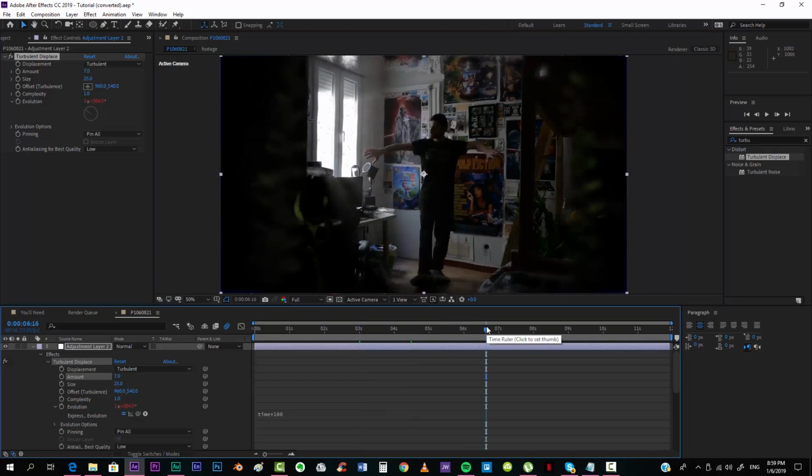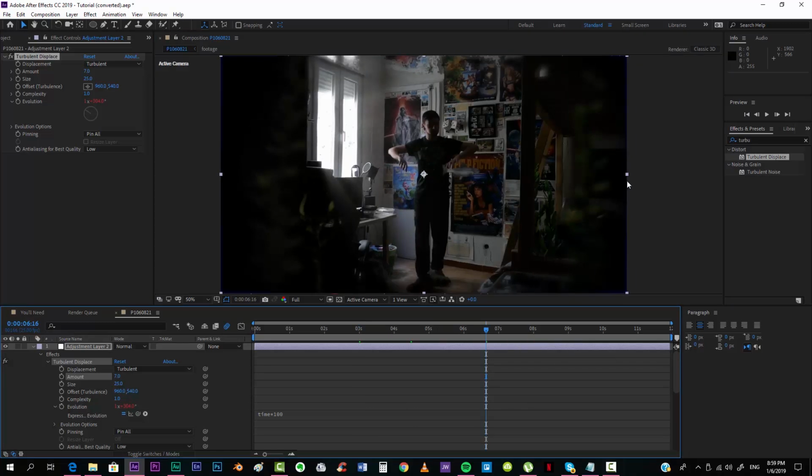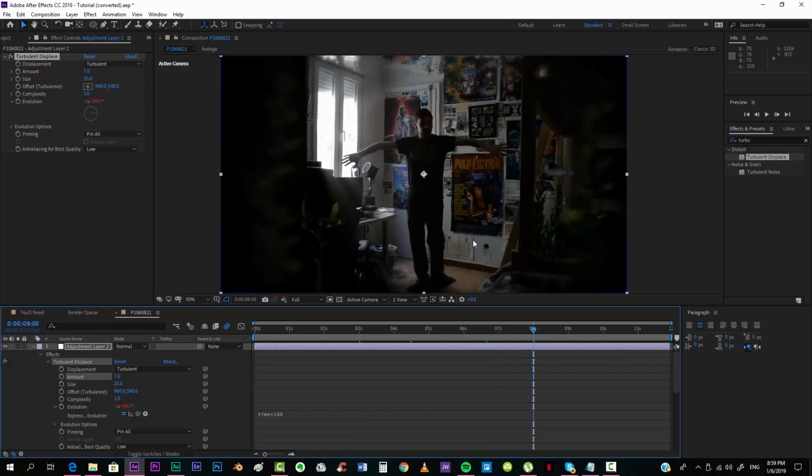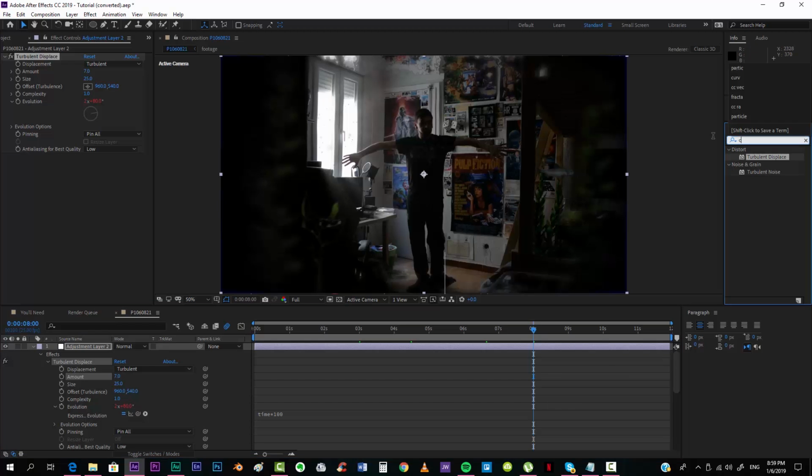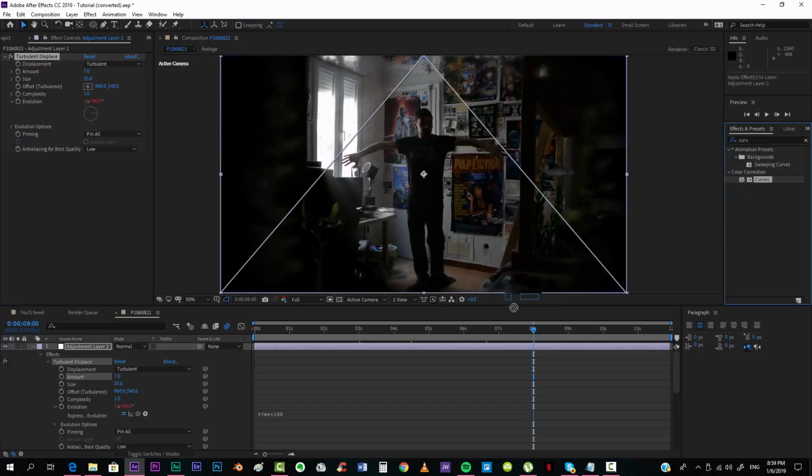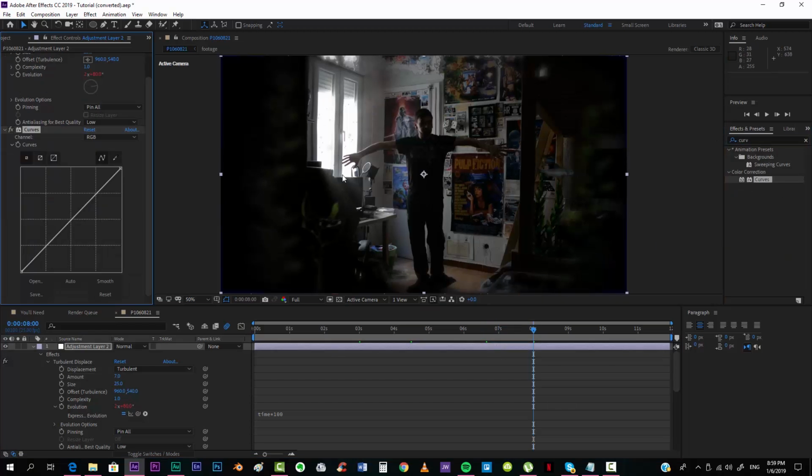Alright, so now we have to add an underwater look, and you know, when you're underwater there's always this kind of bluish tone, so we're gonna add some curves for achieving that. There are multiple ways of making this. Actually, you can probably use one of these day to night presets or anything like that, but I'm just going